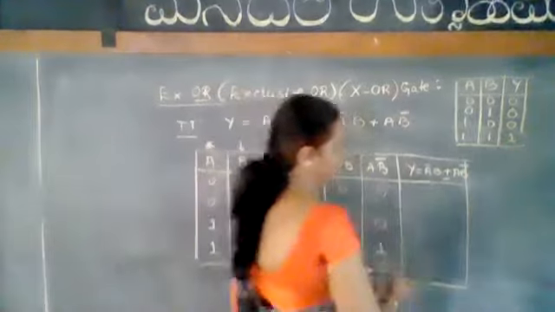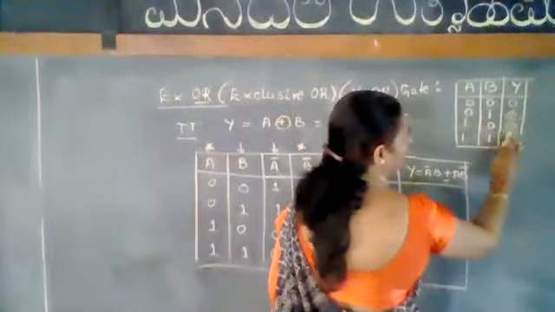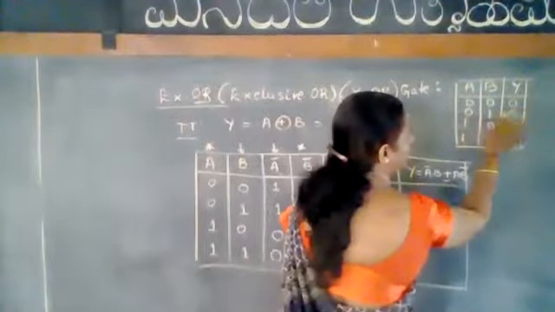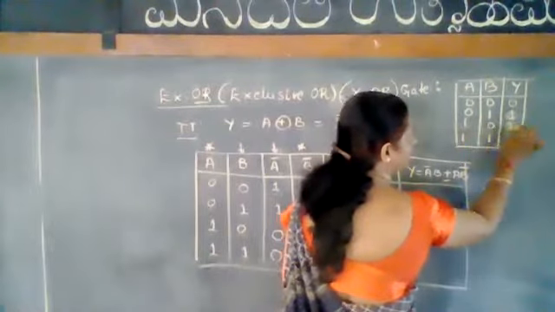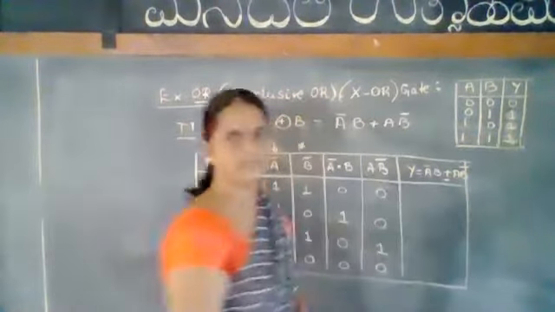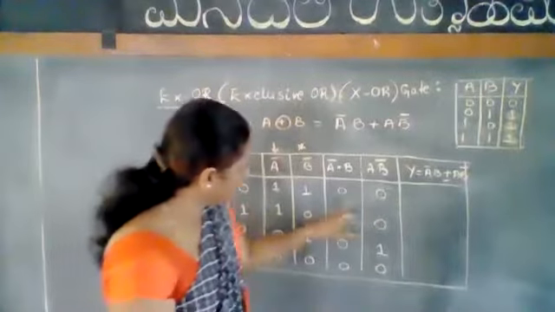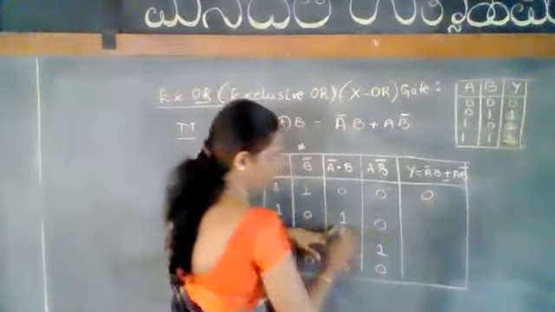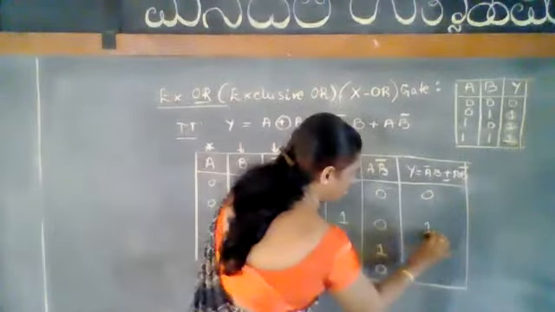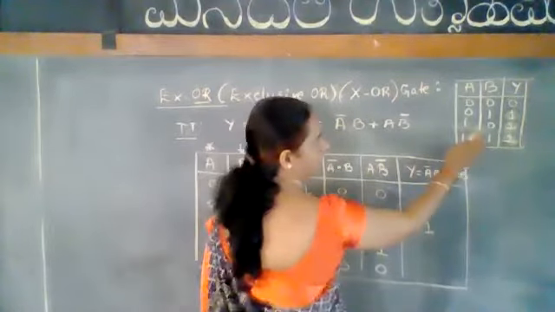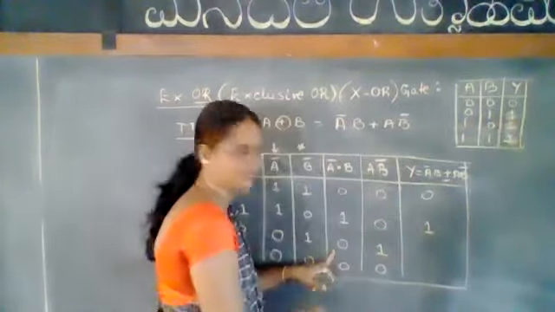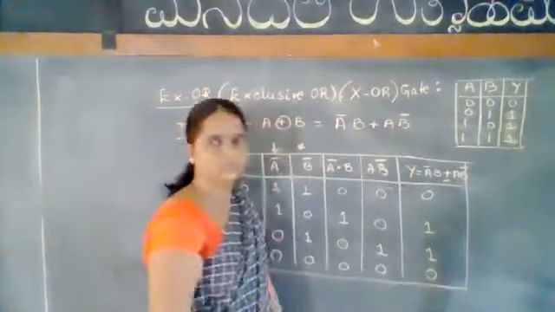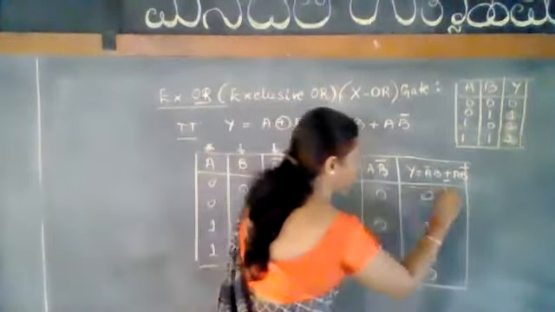Now to write the OR gate output, the truth table for the OR gate for the same combinations: when it is 0, 1, the output is 1; 1, 0, output is 1; 1, 1, output is 1. This is the OR gate output. Now, OR these two columns: when it is 0, 0, output becomes 0. When it is 1, 0, output goes high. When it is 0, 1, from the truth table, the output is high again. When it is 0, 0, the output is 0.